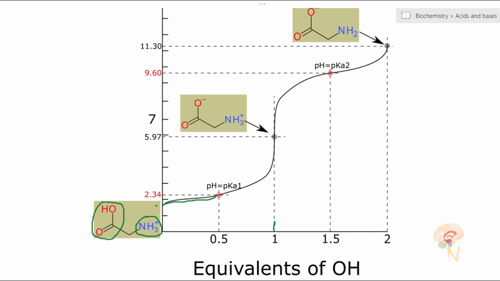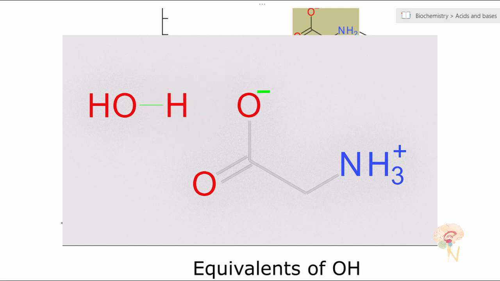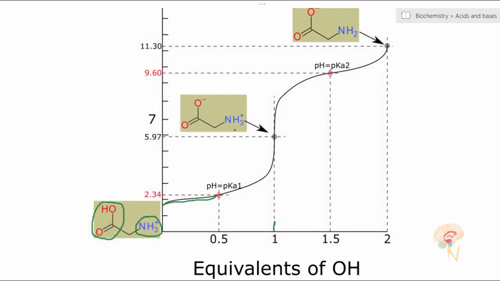So at the beginning we have all the amino acid in the protonated form, and we are adding NaOH. At one equivalent, all the COOH will be deprotonated. It will lose its proton because OH minus will steal its proton, and NH3 plus will still have its proton. Continuing the reaction, we will move to the second